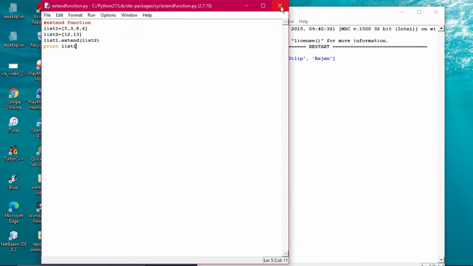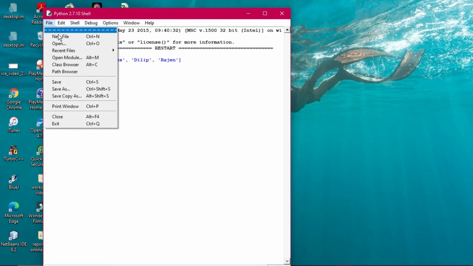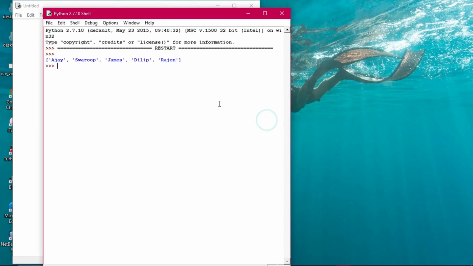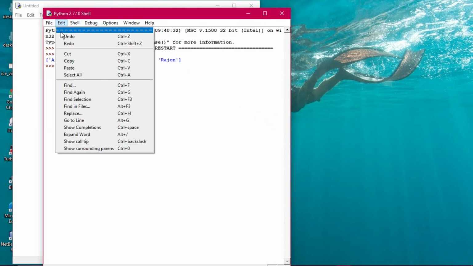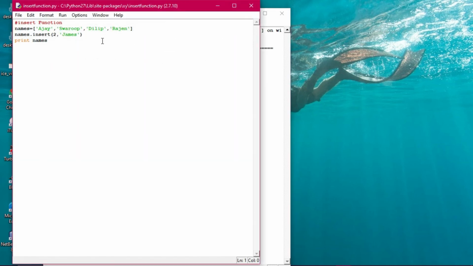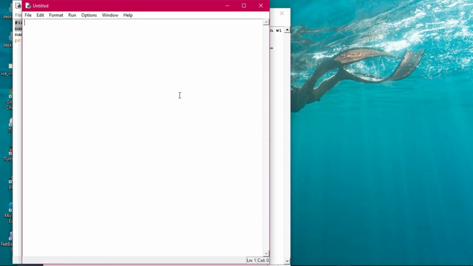All right. Okay, fine. So next we are going to another function, called the reverse function. A very interesting one. We're just opening the reverse function file. What we will do is open the previous program once again, just to get the list copied from there, so our work will be a bit faster. So we're taking the insert function's list and copying it. Then you have to open a new file over here and paste it there. Sometimes you have to do this while doing the practical, because your work may go faster.